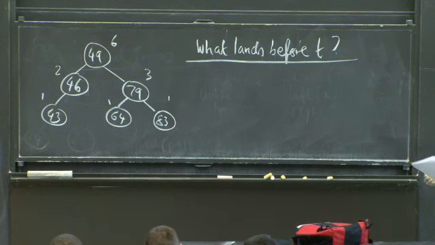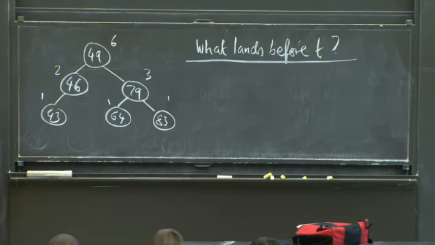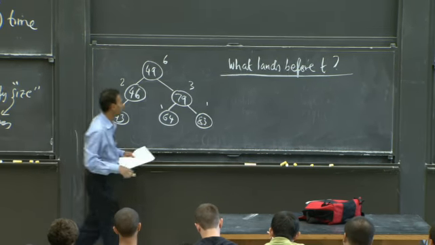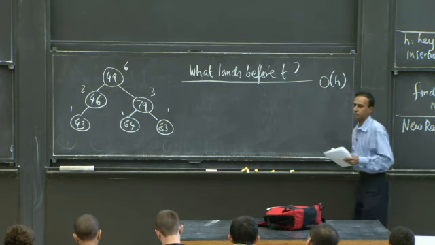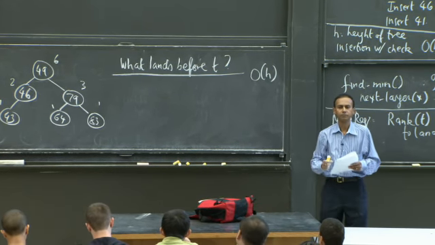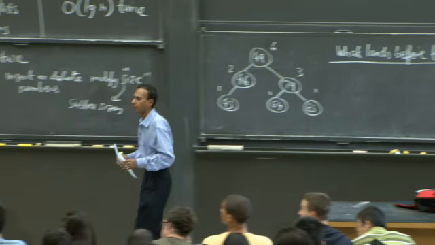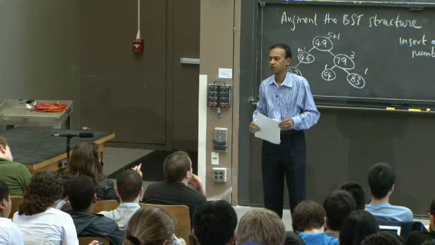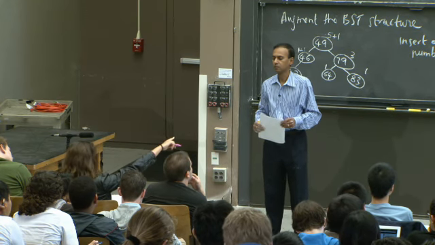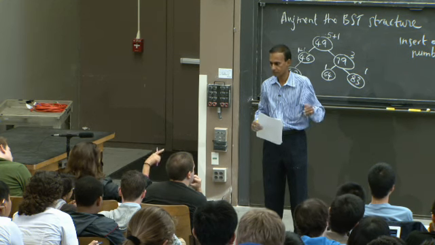And how do I do that? Give me an algorithm that would allow me to compute this in order h time. I want to do this in order h time. What lands before T? Someone? Yeah? So first we would have to find where to insert it like we did before. Right, right. And then because we have the sizes of whatever was before,